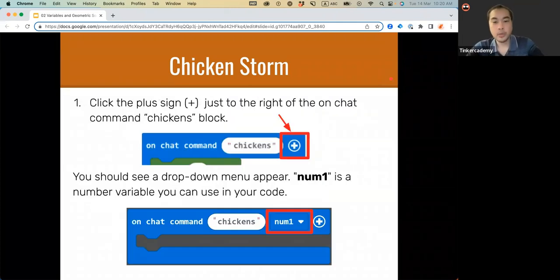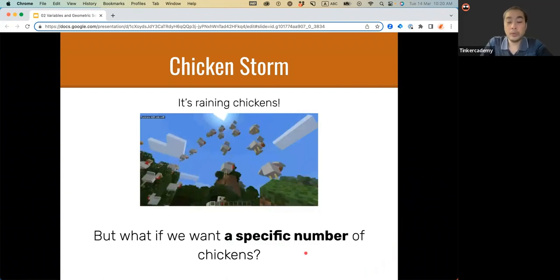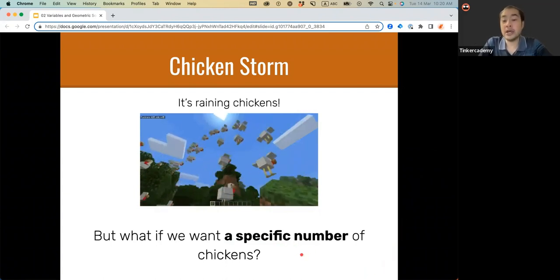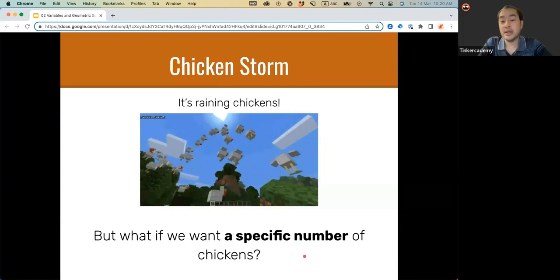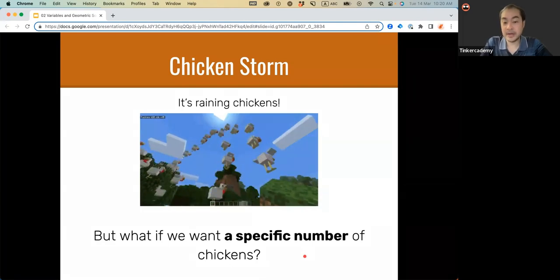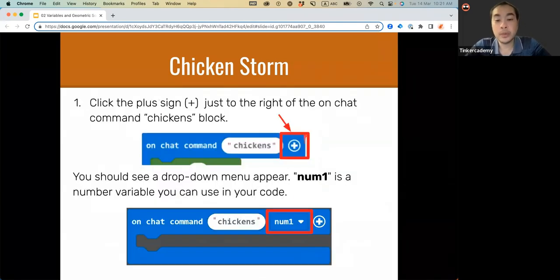What we're going to do is modify this code. Remember we were saying, what can we do if in your code you want to specify the number of chickens, or the number of animals, that's going to be spawning? If you want to just specify that number, we're going to add a parameter by pressing the plus button here, and you'll get this drop down menu. It should say num1,